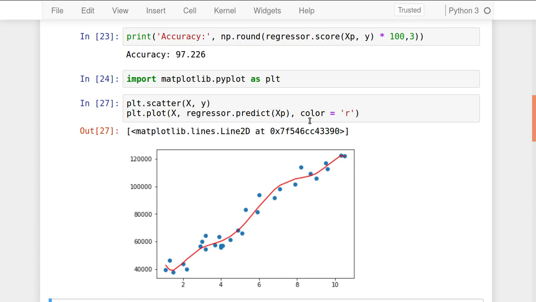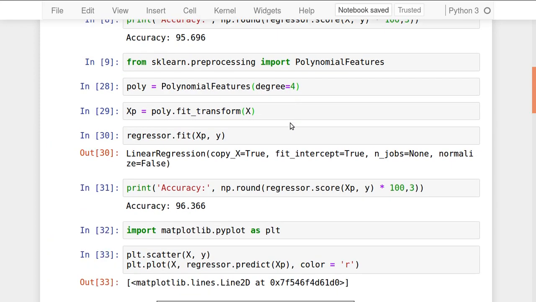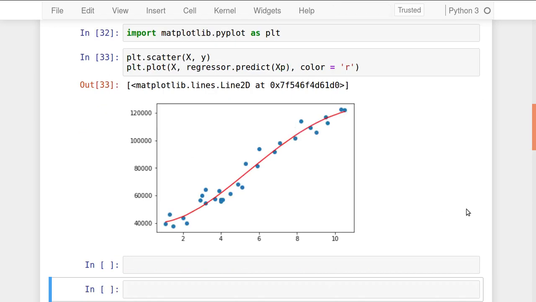So we are having 97% accuracy for this case. That is what we have achieved right now for degree 7. When I decrement this degree and make it 4, now check this out, 96. Yes, so we are achieving something somewhat curvy from this, and 96% accuracy is there, but improvement over the